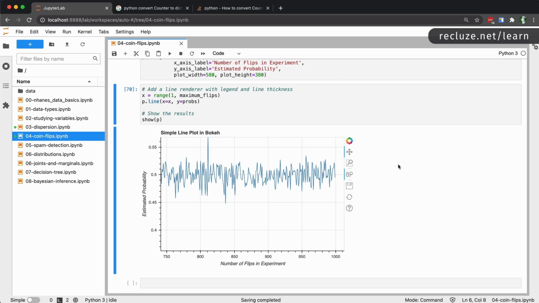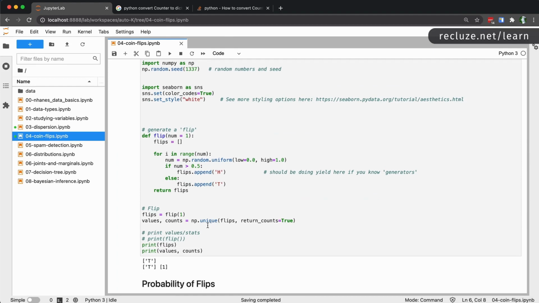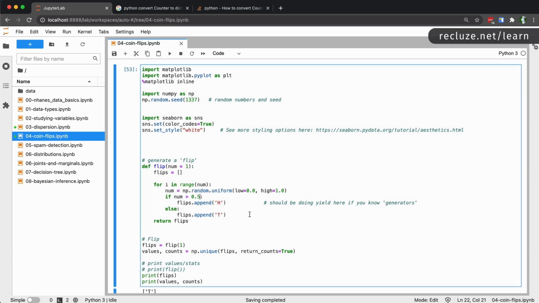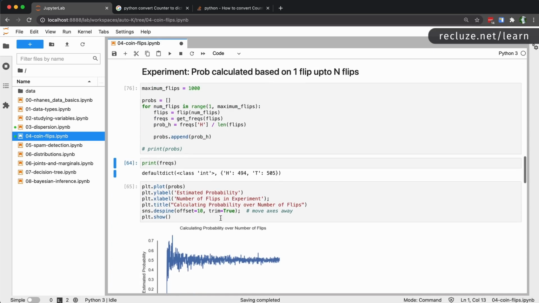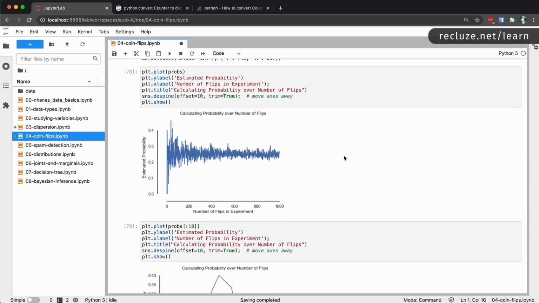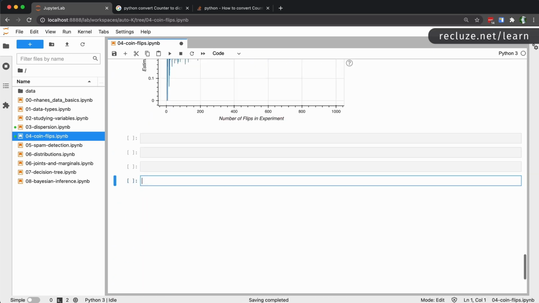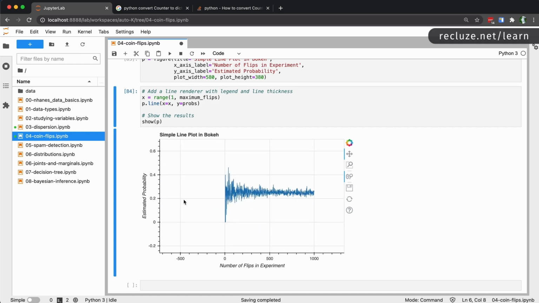What you can do now is go ahead and change this to a non-fair coin. So for instance, over here, we can say, so where did we start our experiment? Over here. So over here, right? 0.75. So let's go ahead and do this. Now if you do the same experiment, let's go ahead and do it for Bokeh. You will see that it is now coming out at 0.25. Right? So let's try and zoom out a little bit. So you will see that it's coming out at 0.25 now, because the probability of heads is now 0.25.